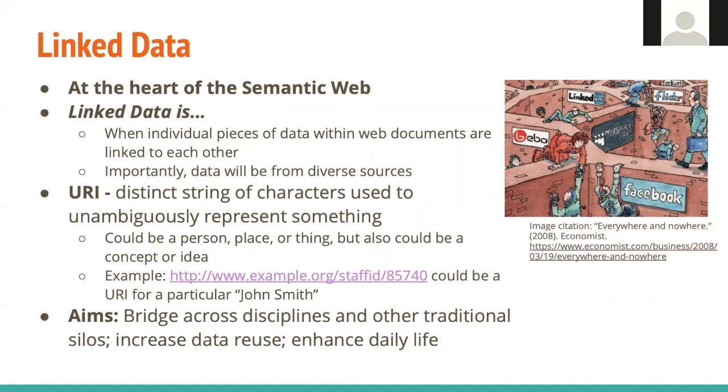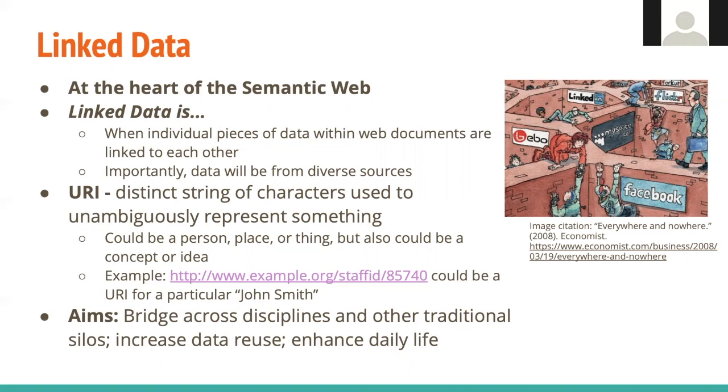In the traditional web, documents, usually web pages, were linked to other documents, but individual pieces of data within the documents were not linked. Linked data is when these individual pieces of data are linked together to provide richer information about things and concepts. One of the most important features of linked data is that the data being linked may very well come from different sources, for instance, applications from different organizations, creators, or disciplines. Linked data is importantly machine-readable data that is explicitly defined and linked to other datasets, which are in turn linked